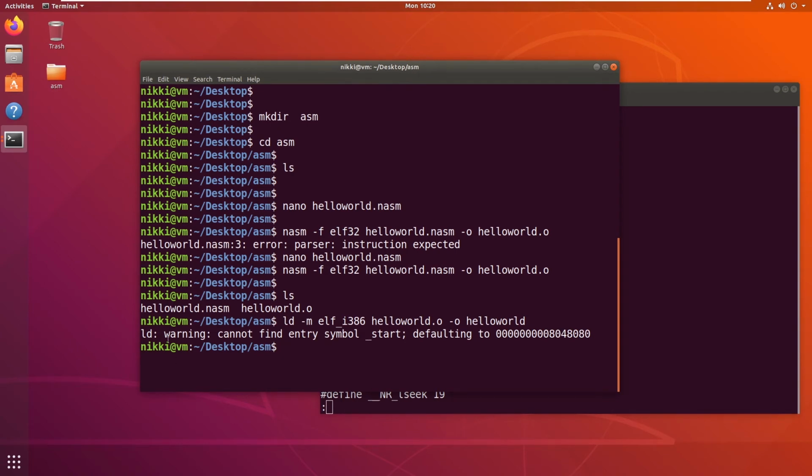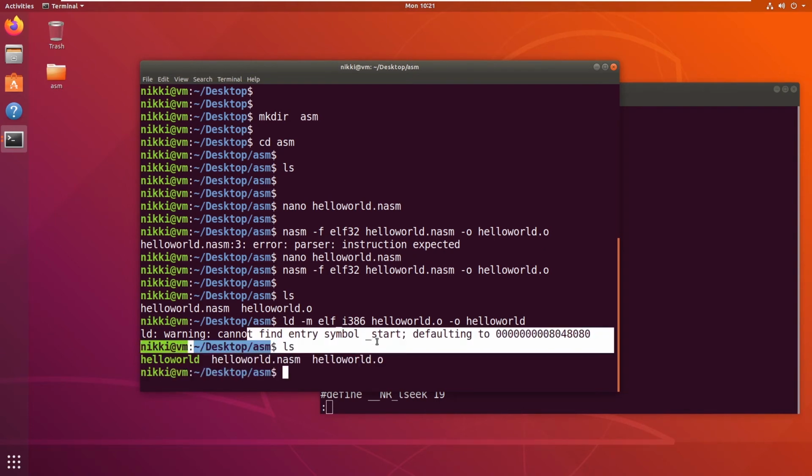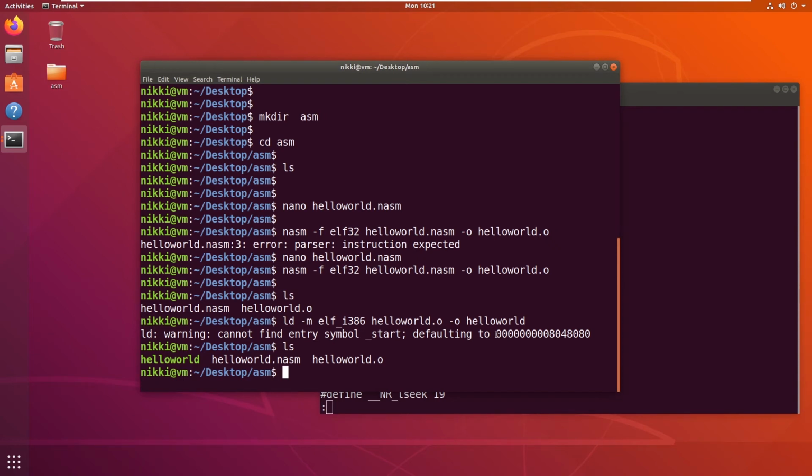So this is just a warning. Okay, now this is just a warning, that the starting underscore text section should be this one. If you put underscore start instead of main, you will not get this warning. Now let's run our executable. As you can see guys, we have successfully printed the hello world, but there is no new line after hello world. So to create a new line, we are going to do some modifications.